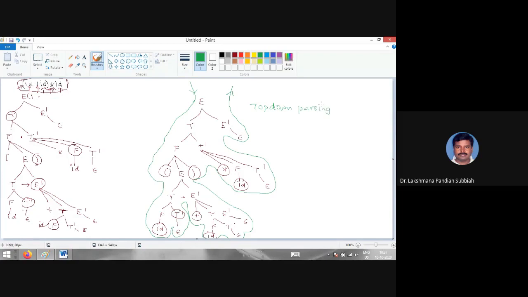But this is not efficient parsing, right? Actually, the previous parser, the predictive parser, is efficient. This parser is not efficient because of many function calls. We are calling the functions recursively, so it will take more time compared with the predictive parsing table, right? So the efficient top-down parsing is the predictive parsing table. This is not efficient because we recursively call procedures. If you call recursively, it will take more time compared with the predictive parsing table. So the predictive parsing table is more efficient than recursive descent parsing.